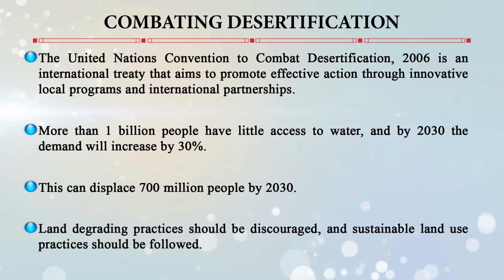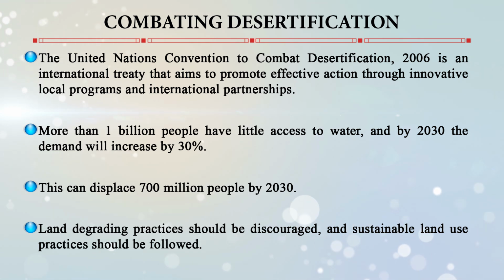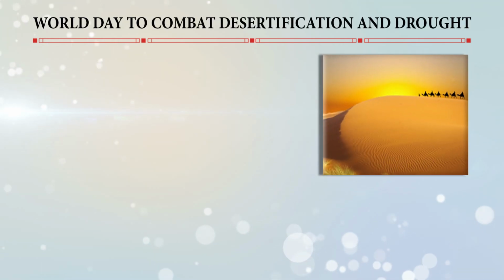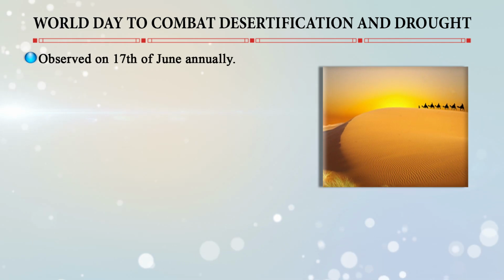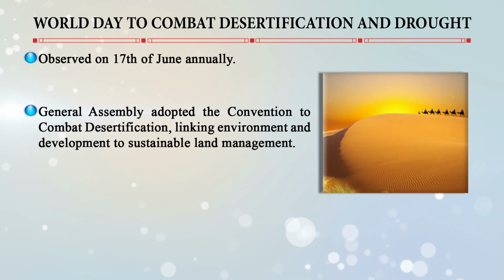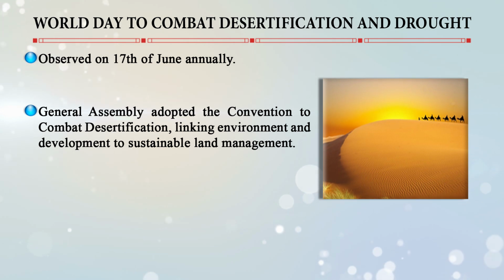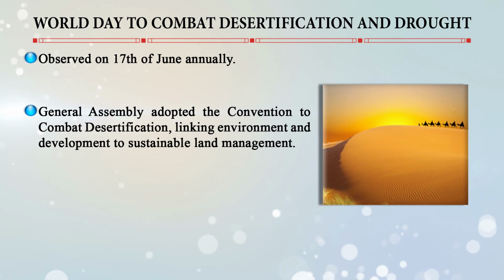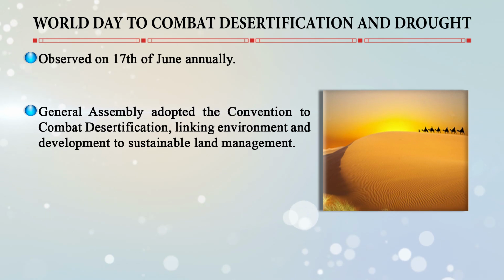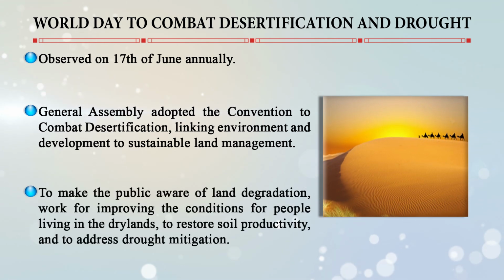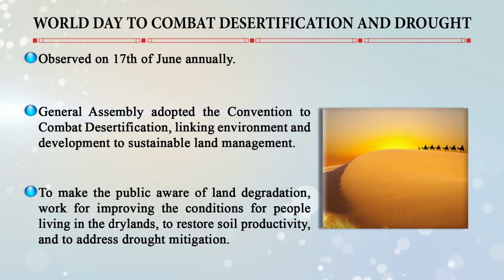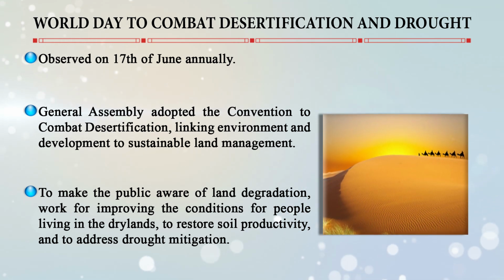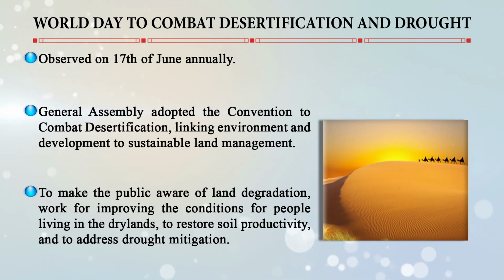Land degrading practices should be discouraged and sustainable land use practices should be followed. The World Day to Combat Desertification and Drought is observed on the 17th of June annually. The General Assembly adopted the convention to combat desertification, linking environment and development to sustainable land management. It also makes the public aware of land degradation, works for improvement, and improves the conditions for people living in the drylands to restore soil productivity and